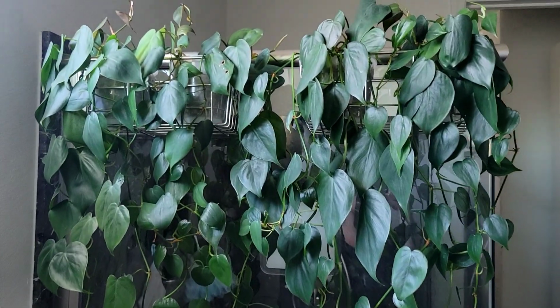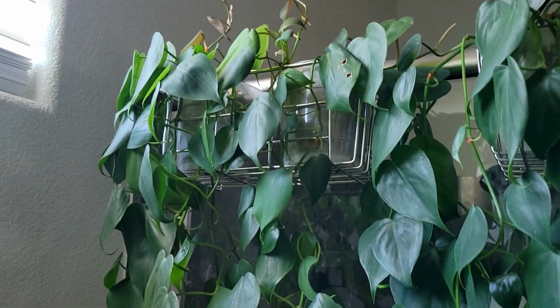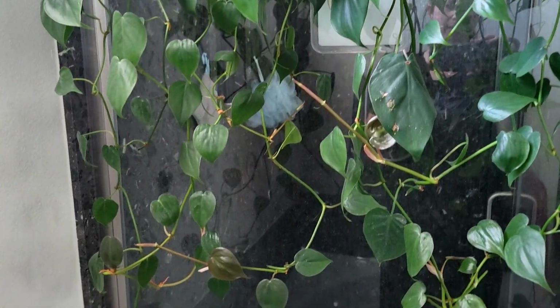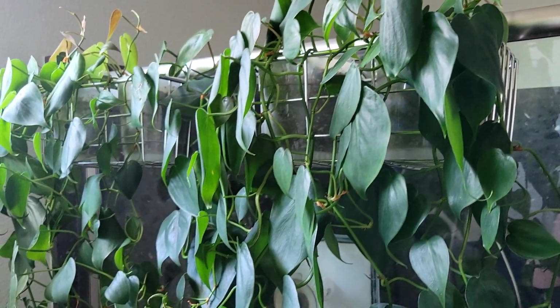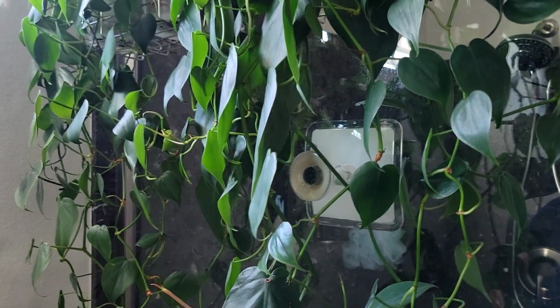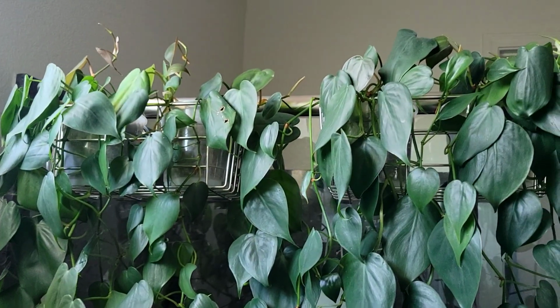I'm going to be potting these philodendron into no drainage. I have some plastic Talenti ice cream containers that I'm going to be using. I wouldn't want to use glass because I don't want it to get too heavy up here. These baskets are just suction cup shower baskets, so I wouldn't want to put too much weight bearing on them. So that's the plan, just repotting and transitioning into no drainage plastic cups because it is very hard to